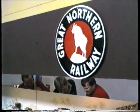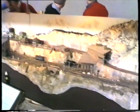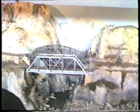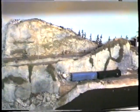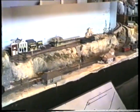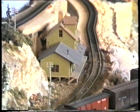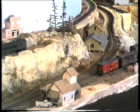I'm Ross Ferguson from the Great Northern Railway Workshops on the Central Coast. And this is our layout which we call Salmon Bay. Salmon Bay was in Seattle, where the Great Northern Railway ran to. The layout runs from Skykomish Yard in the rear, which is in the Cascade Mountains, down into Salmon Bay. The original part of the layout, the front, was taken from the 101 track plan book, number 8, which has been